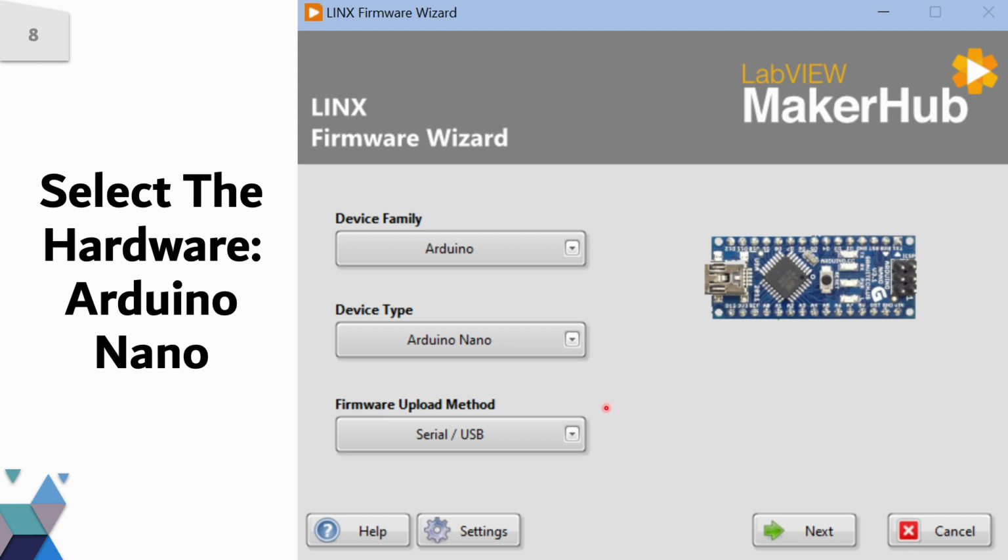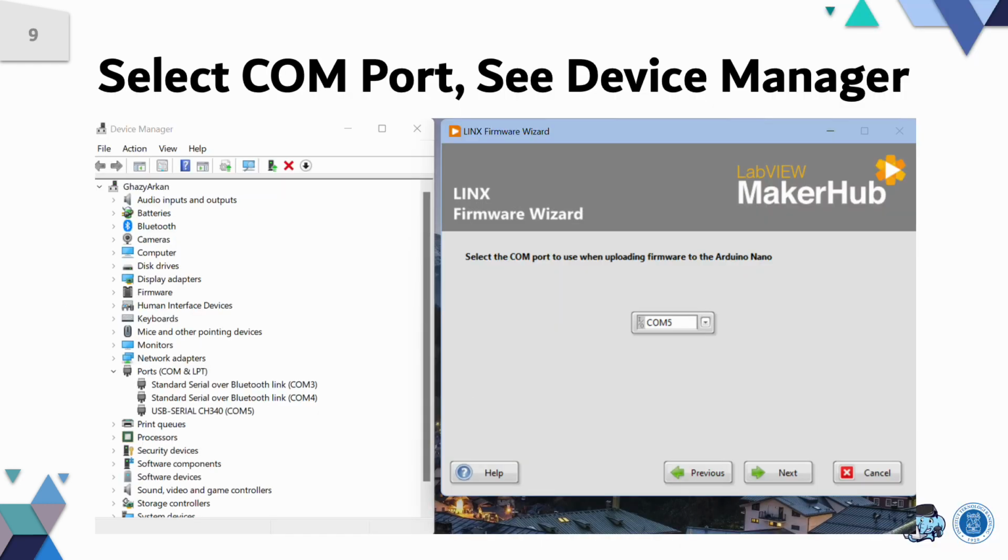Device family is Arduino, and the type is Nano. The communication method is using a USB cable, or serial method. And then you need to choose the COM port, which USB port you use. Here I'm using COM number 5.